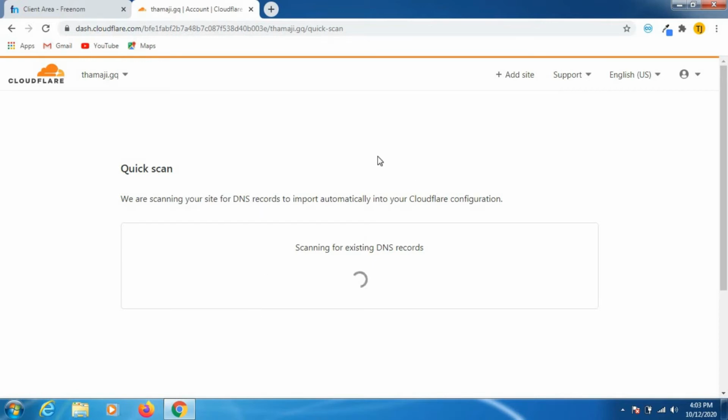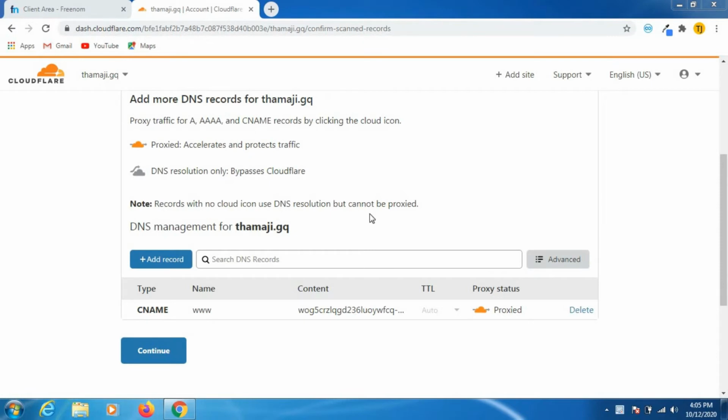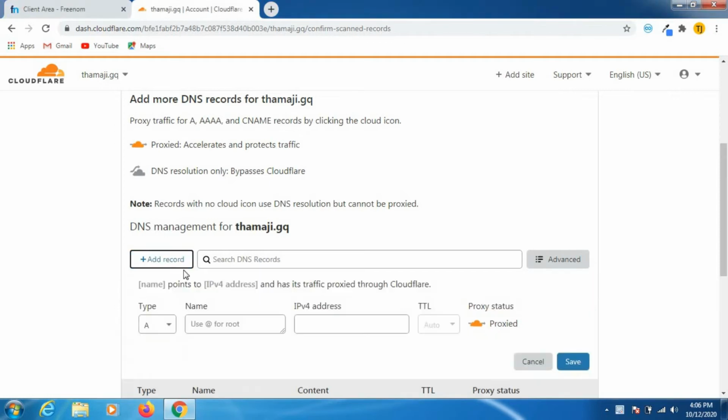After that, this website will collect all the information of your website, of all the web pages and everything, so you can get a free SSL connection. As you can see, the scan has been completed and we have got only one record. So please note that this website should show two types of records. As you can see, we have got only one, so we'll create a new record.